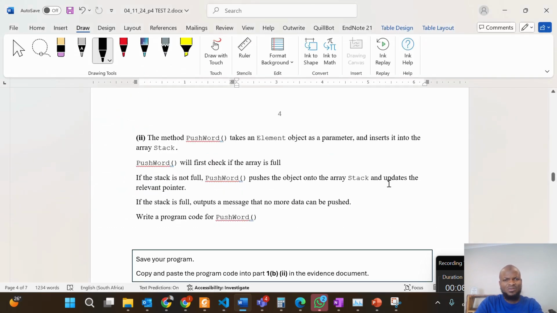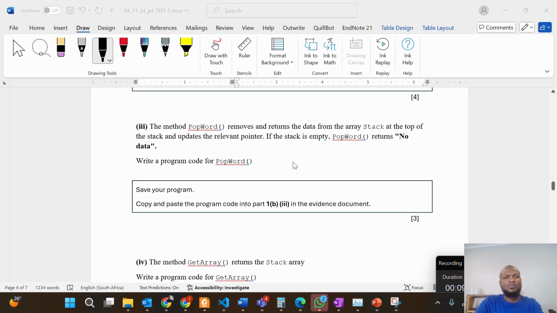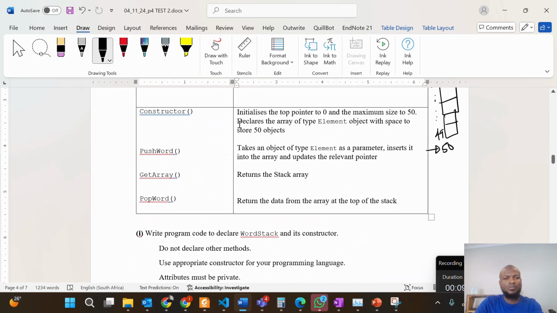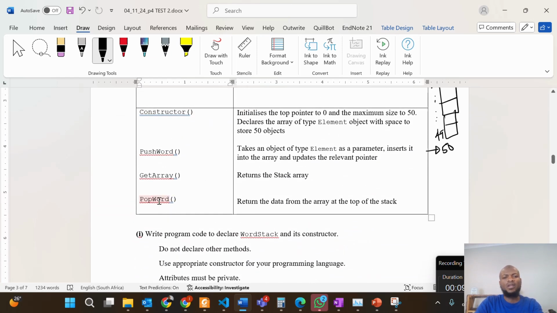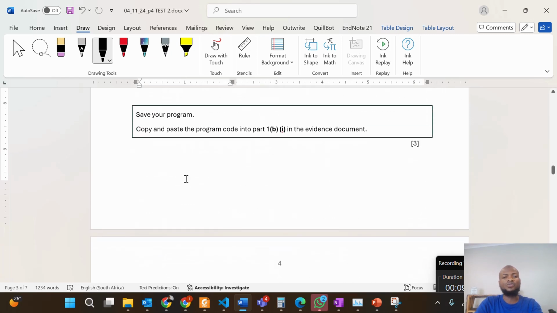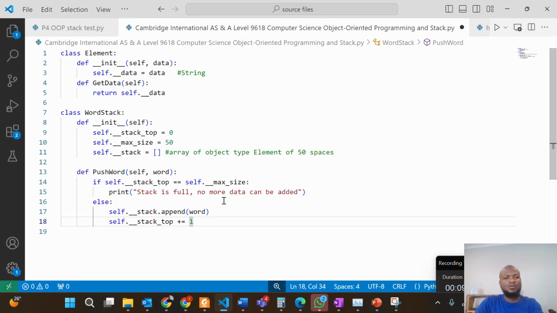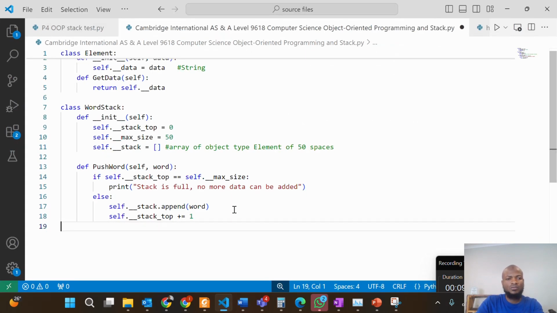Now, is that all? No. So that is all for pushWord. I hope this is well understood. Now, the next question. The method popWord. Is popWord part of the class? Let's go back to the table to confirm. Yes, popWord is part of the class. So we need to write it into the class function. So the method popWord, still in the class function,